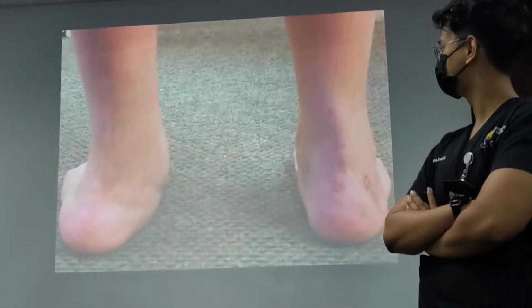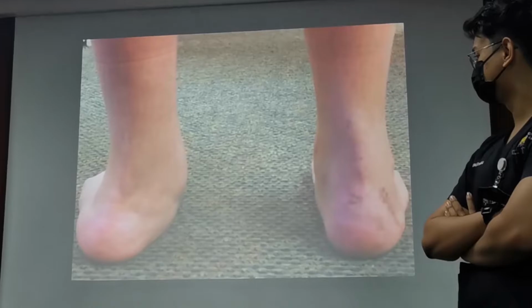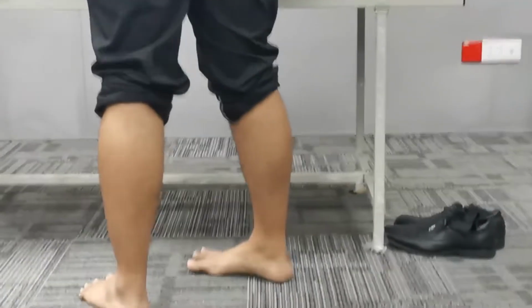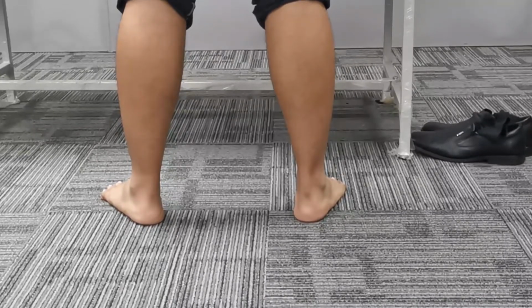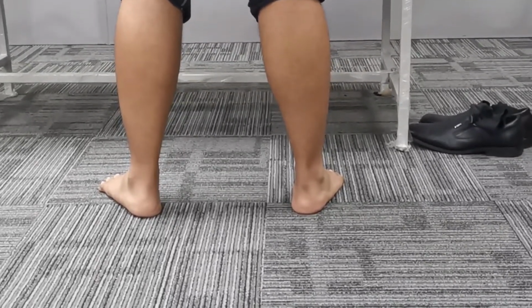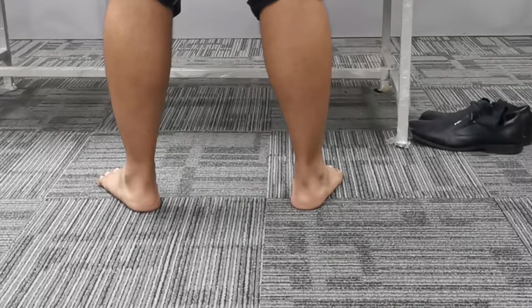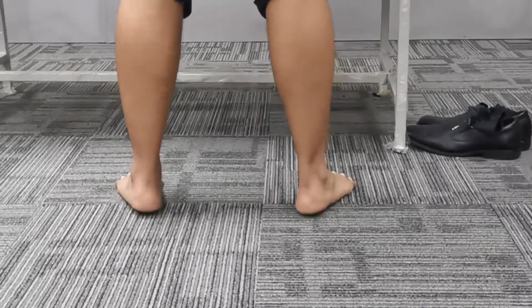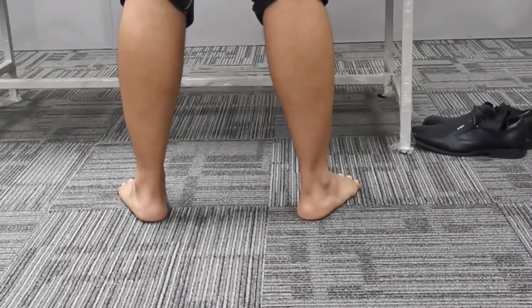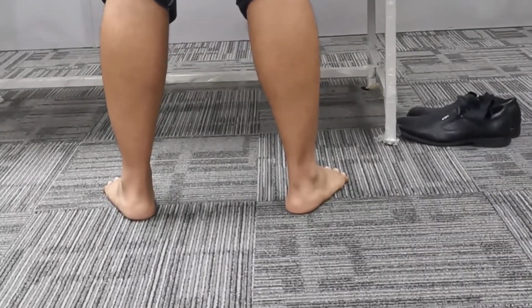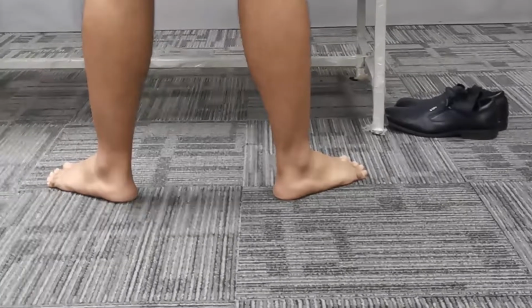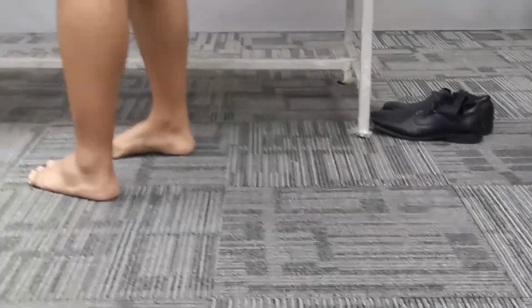How many toes is normal? Can someone look at Omar's feet again? How many toes can you see when he stands like this? 3? 3? 2.5? Is it 3 complete toes? Actually, it's 2 and a half. Okay, so normal is 2.5 toes. Okay, so more than 3 toes on the left side